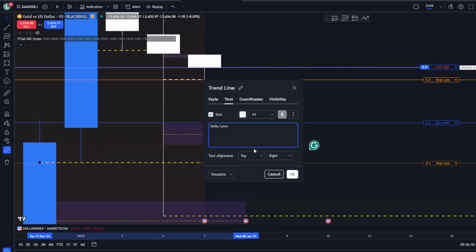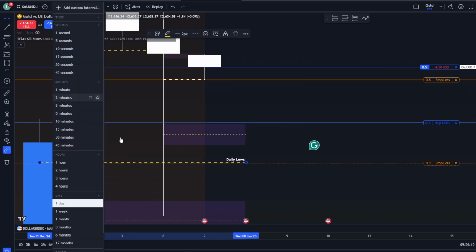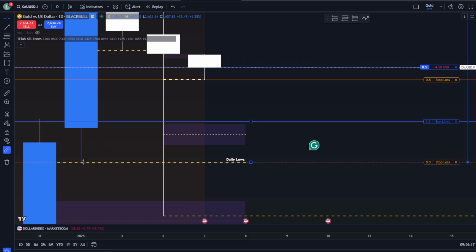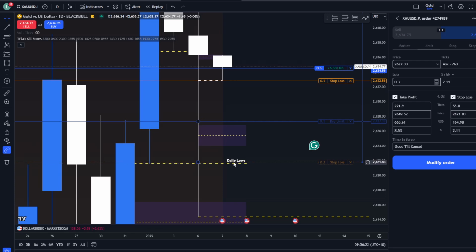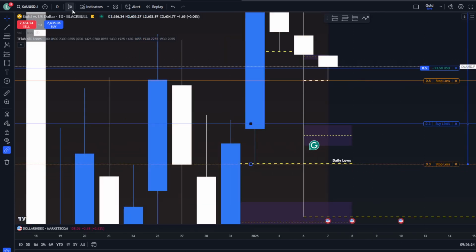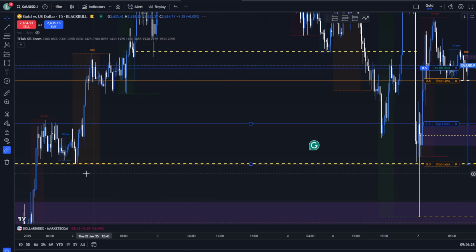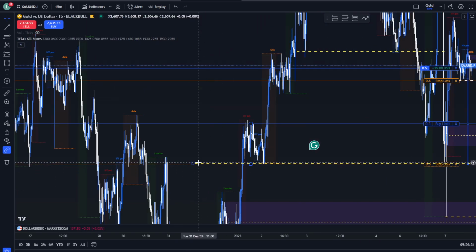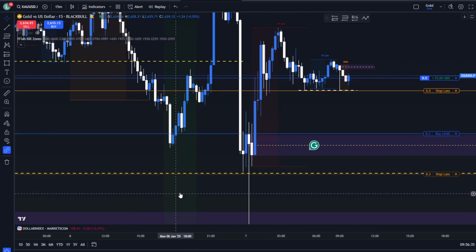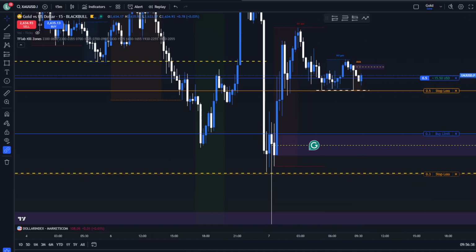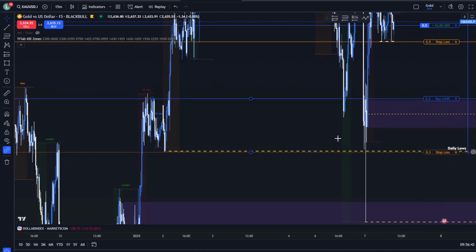Daily lows. Right. That is a daily low. So let's just head back down to 15 minutes. We grabbed daily lows, so we could be heading towards weekly lows, but based on this liquidity